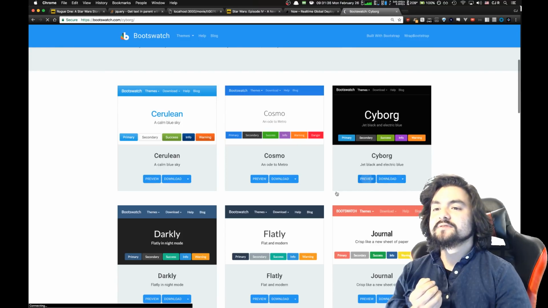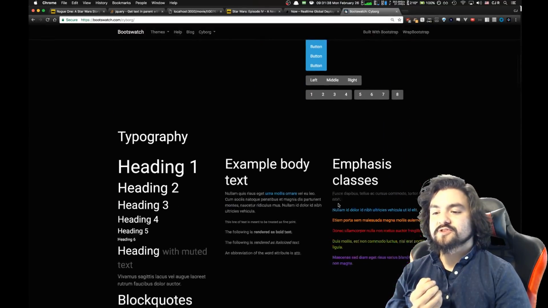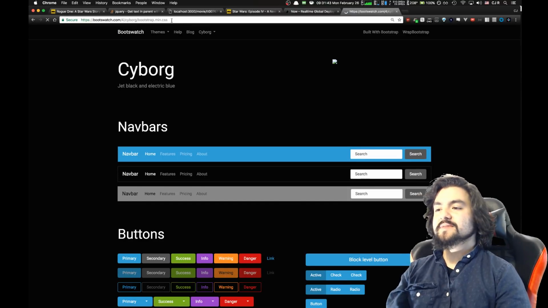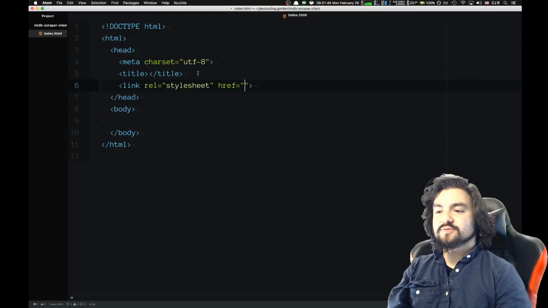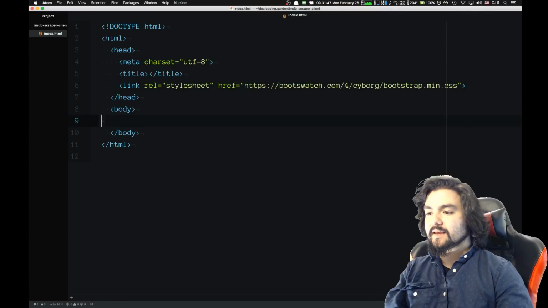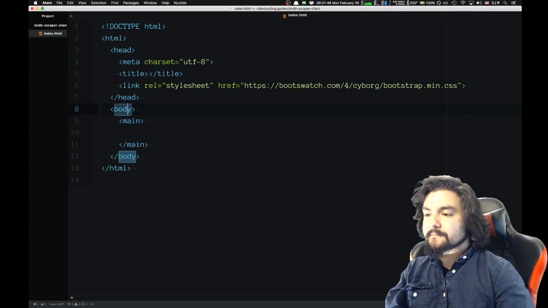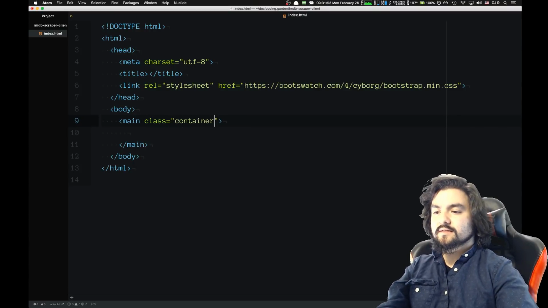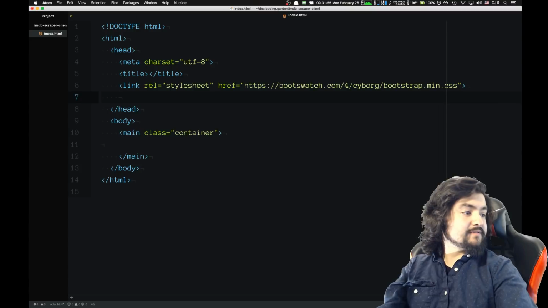So if you go to preview, you can see what all of your Bootstrap components will look like. I like dark themes. It's my favorite. So you can grab the CSS and let's just pull that into our app right there. We'll add a main area. We'll give this a class of container. And then let's just give the